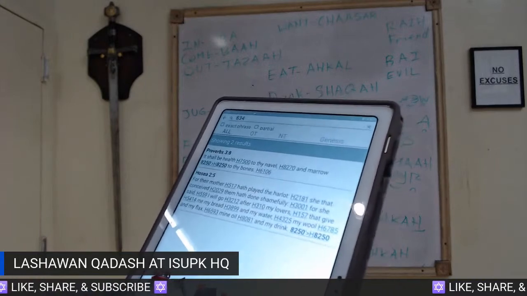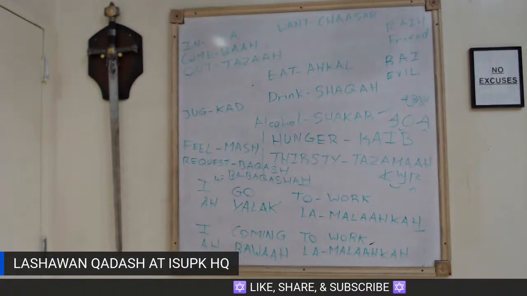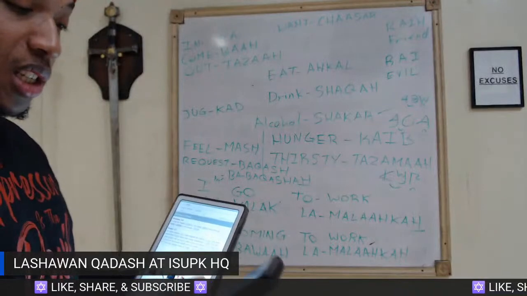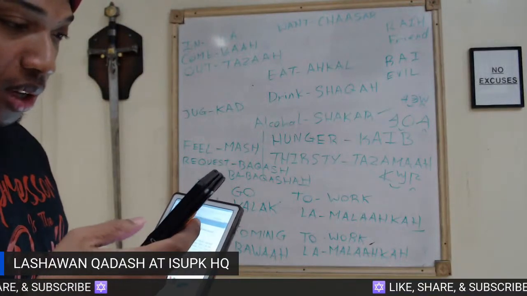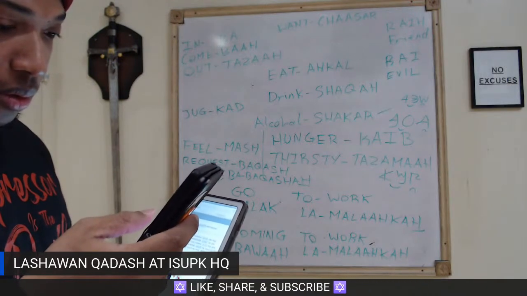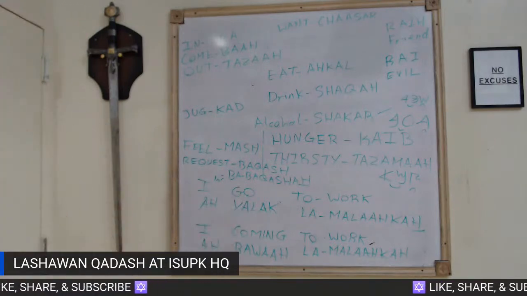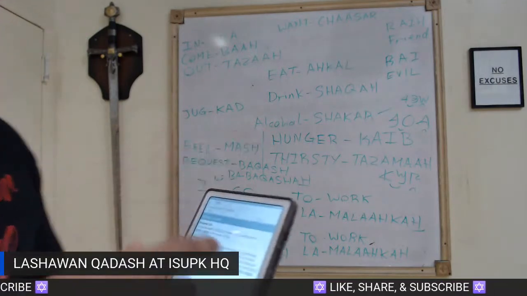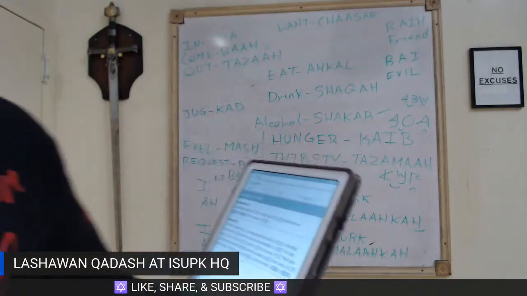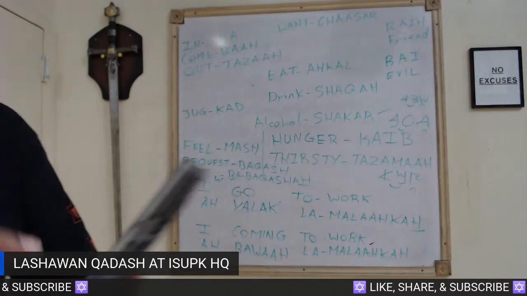Let me get 834. What was the other one I had again? 8348 or 49, something like that. I got it, 83. 8354. Okay, I know the other one was 8248, something like that. 48 or 49, I know the last two numbers. Okay, so we're going to try again.